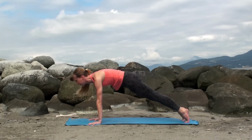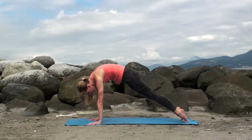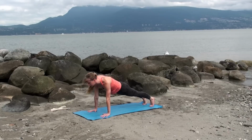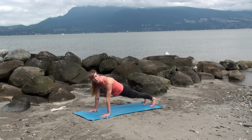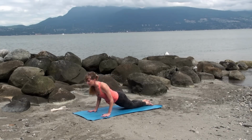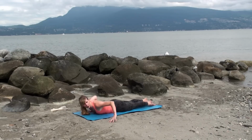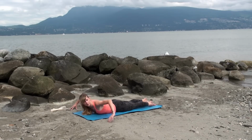Inhale, come forward to plank, clawing the mat with your fingertips. Exhale, coil through the core, squeezing the breath out, rounding the back, ribs to hips. Inhale, release back to regular plank pose. On your exhale, we'll lower down. You can lower down with straight legs, or you can lower your knees to the earth, bend the elbows straight back. For cobra pose here, we're gonna widen the hands off the mat and come onto the tips of the